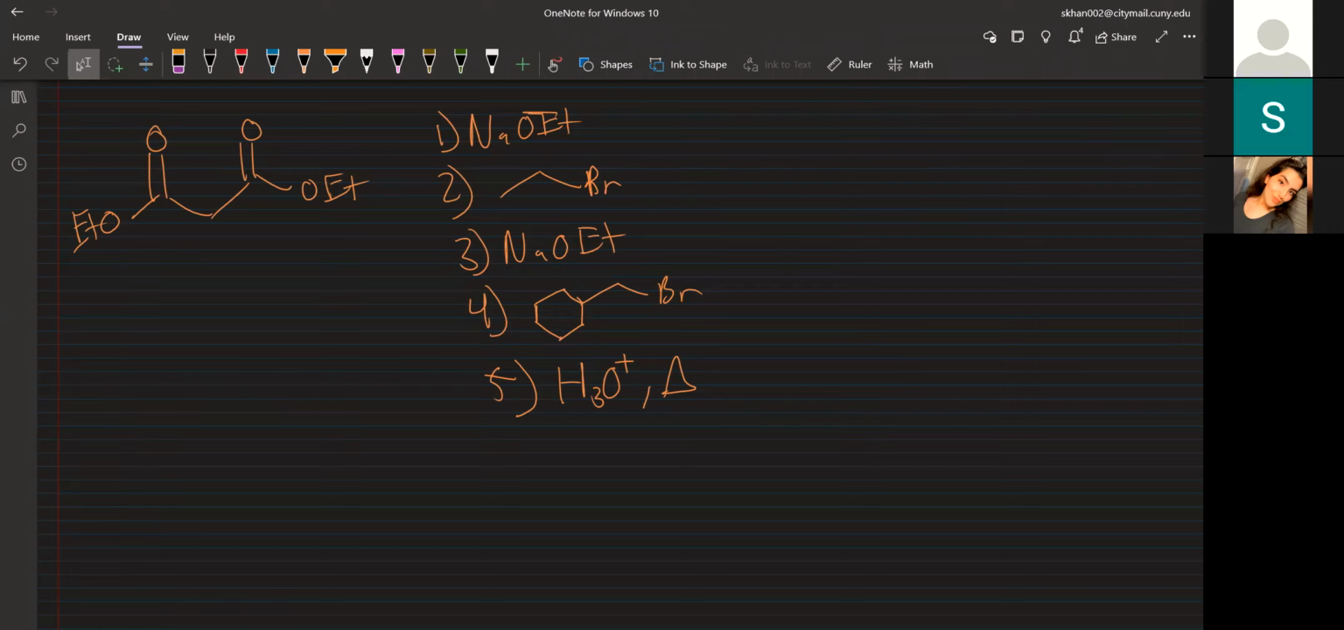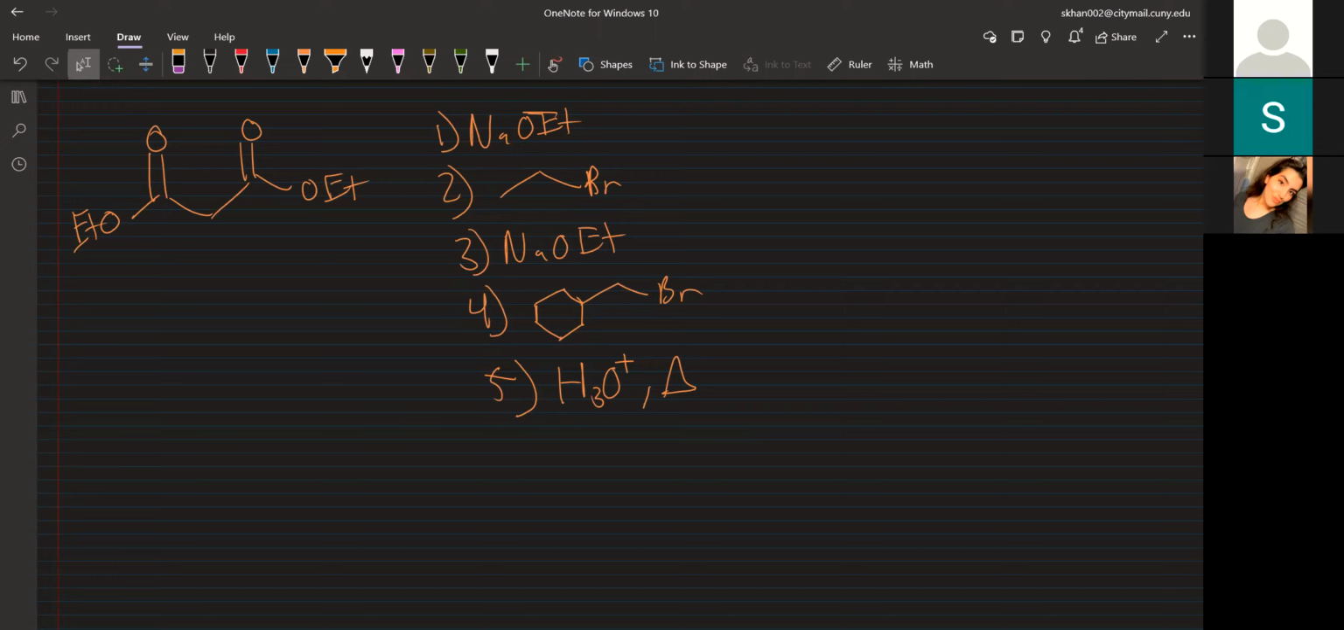So this is an example of malonic ester synthesis. I'll give you a minute or two to attempt it. This is diethyl malonate, I guess it would be called. One thing to note: